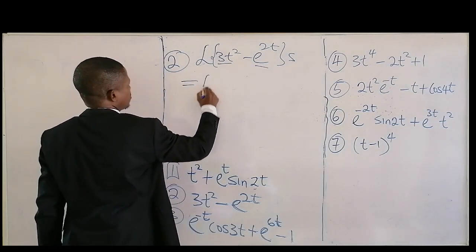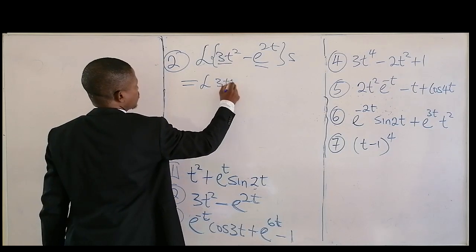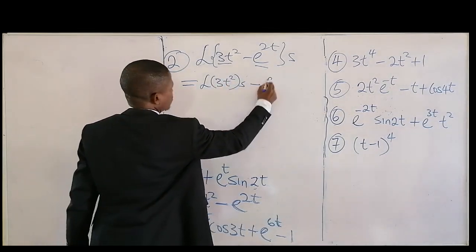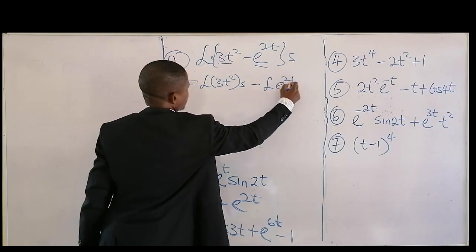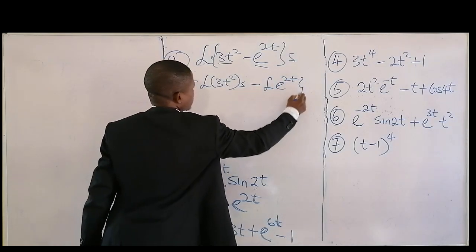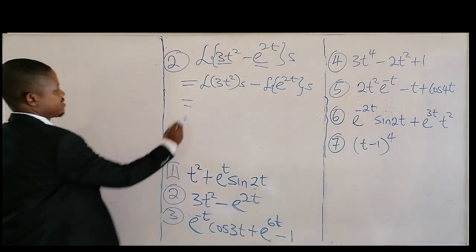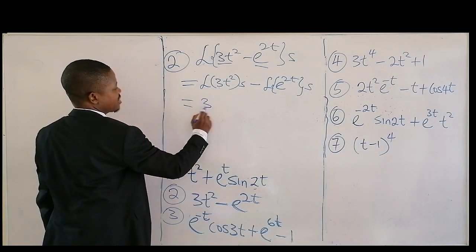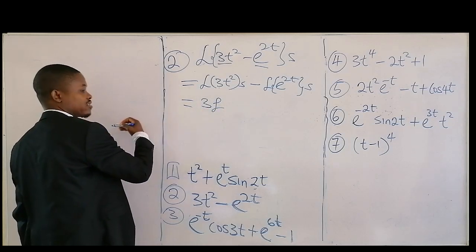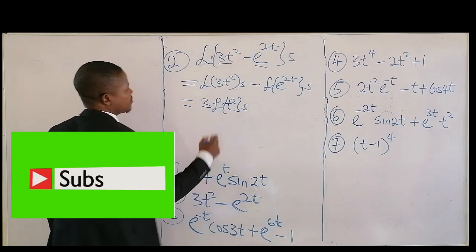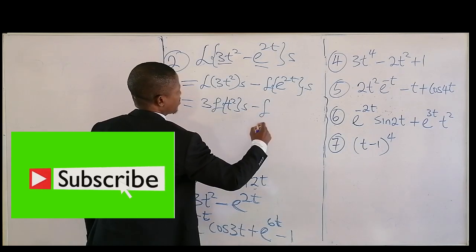So that will be equal to what? Laplace of 3t squared, then minus Laplace of exponential to power 2t. Okay? Then don't forget this 3 is a constant. You can write it as a constant to come outside the integration. Then you have this. Then minus Laplace of